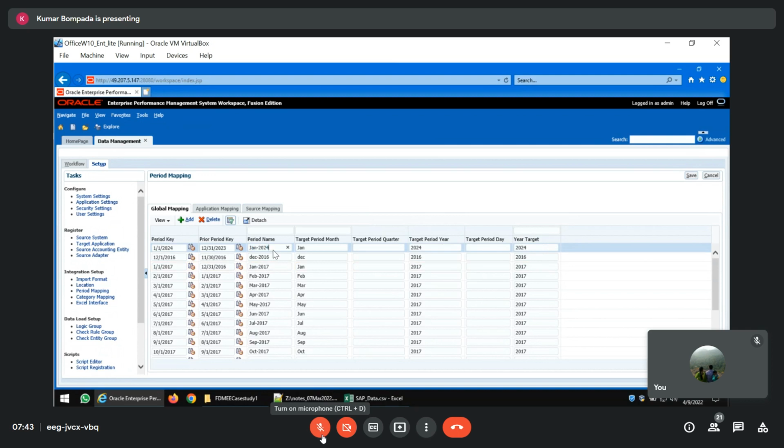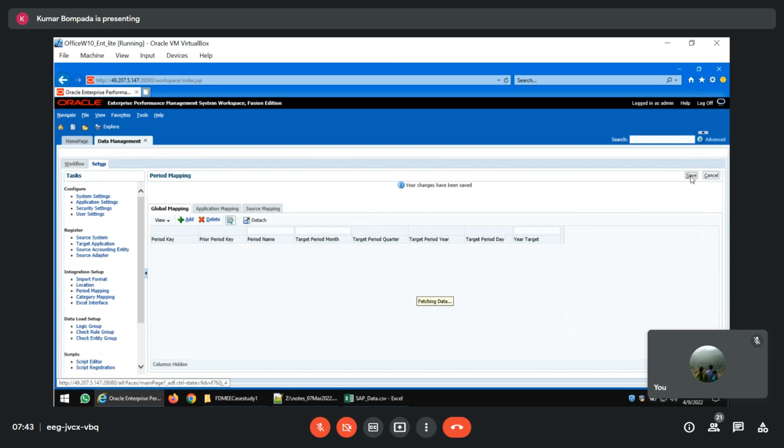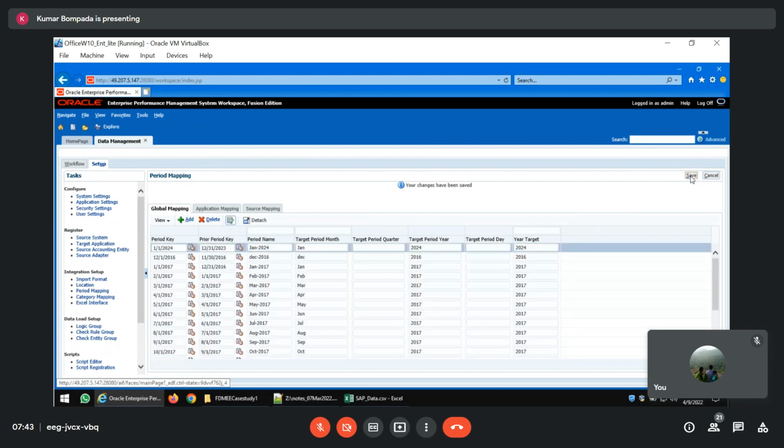Yes, sir. For the name you can put my name, your name, any name. It doesn't matter. It will recognize only the target month and target year. Okay. Save. That's it. Now you can load data to this one. So every month, every year, they will create all 12 months periods here, so that people can load the